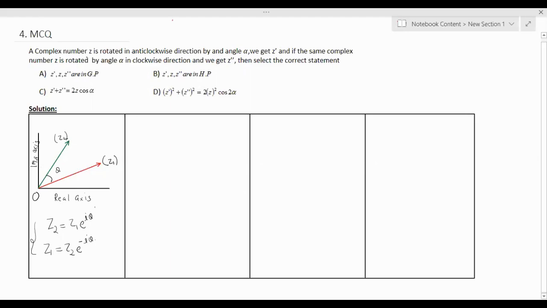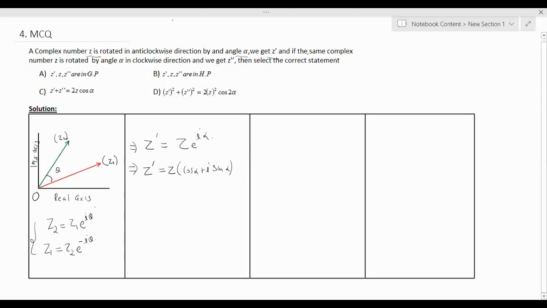See, a complex number z is there. It's rotated by an angle alpha to get z dash. So I guess you can write simply z dash equals z times e^(i alpha). Because you're rotating with an angle alpha, that's why you're multiplying with e^(i alpha). This is the Euler form of the complex number. For the simplification ahead, I'm going to write this in polar form as well. So you will have cos alpha plus i sin alpha. I hope you remember this: e^(i alpha) any day can be written as cos alpha plus i sin alpha.